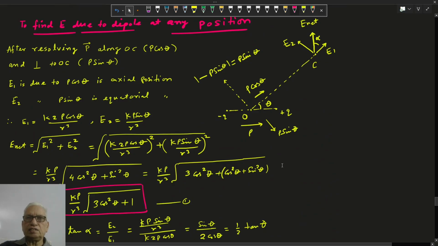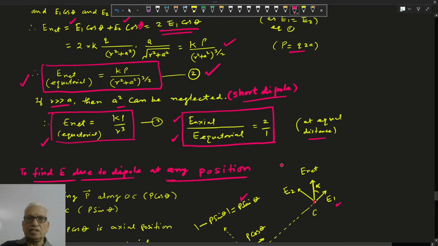नाउ वी आर इंटरेस्टेड टू फाइंड द इलेक्ट्रिकल फील्ड ड्यू टू डाइपोल एट एनी पोजीशन, लेट दिस it is neither axial nor any other position. Say P is the electrical dipole moment. If we resolve here, it will P cos theta, P sin theta में मॉडुलस हो जाएगा P। अब P के लिए C पॉइंट एक्सियल नहीं है, बट P cos theta के लिए एक्सियल है E1, so E1 is the axial electrical field for imaginary dipole moment P cos theta. This is E1 axial, E2 equatorial, axial equatorial वाला फॉर्मूला ये यूज करेंगे हम लोग।